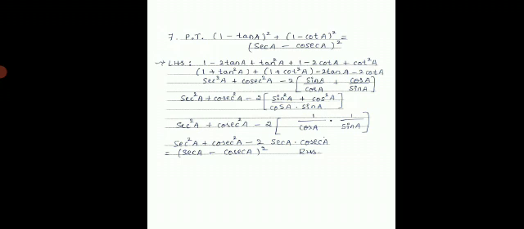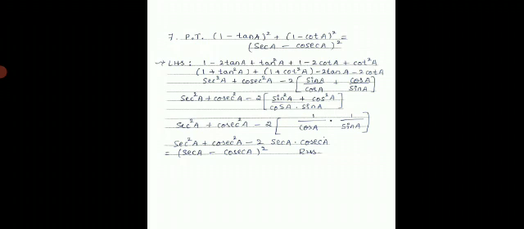Then simply cross multiply. Sin a into sin a is sin square of a plus cos a into cos a is cos square of a. So that value is nothing but 1 in the next step. Now split the denominator into two parts, that is 1 upon cos a into 1 upon sin a, so that we can convert 1 by cos a as sec a and 1 upon sin a as cosec of a, which is nothing but minus 2 sec a into cosec of a.